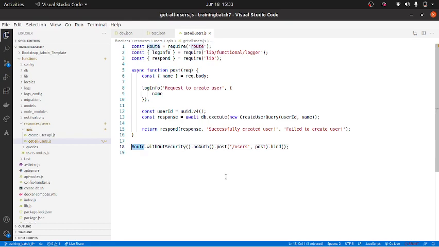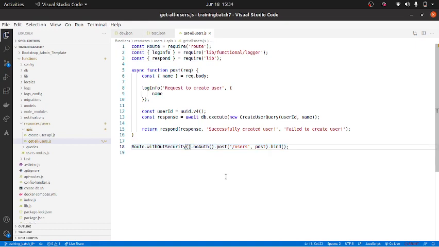The advantage is that if I come to a particular page, let's say get all users, I will know what the functionality is and also what the URL is, and how to access it. So instead of going to your routes and searching for the URL, this makes it very simple.